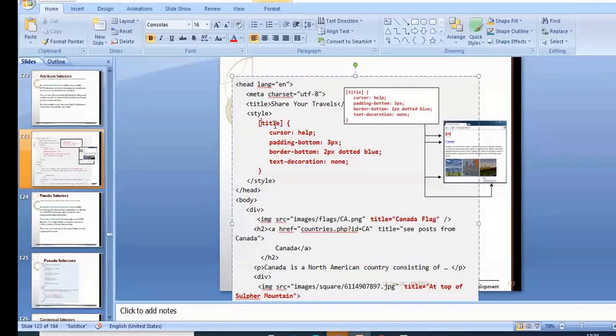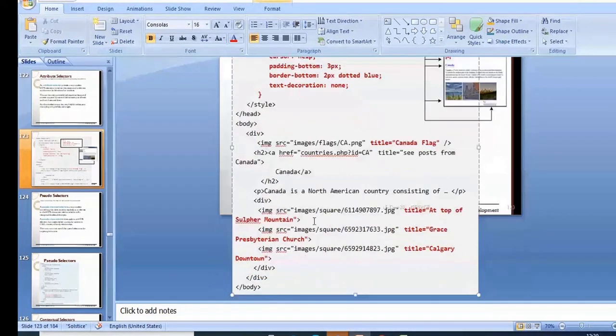For example, I can go to the image tag where I have specified the image, followed by, normally we give the title for the image. Title is equal to, say, Mountain. Whatever title you are giving, for this you can apply the style, changing the color, the type of font or the border. If you want to represent this information in the form of a box, there you can specify border and padding. These are the properties you can apply.